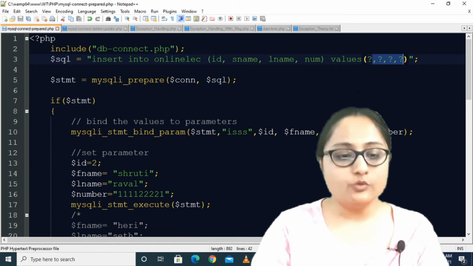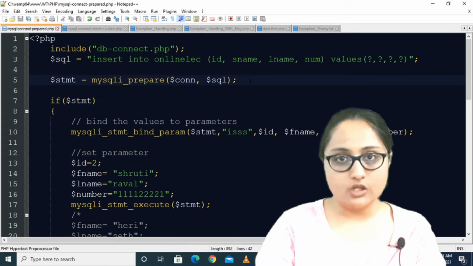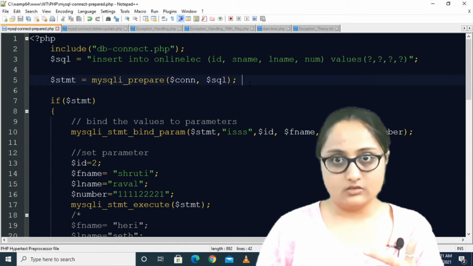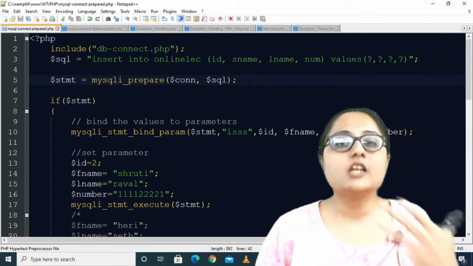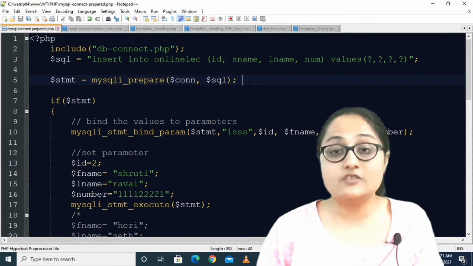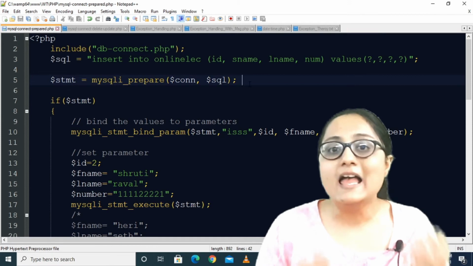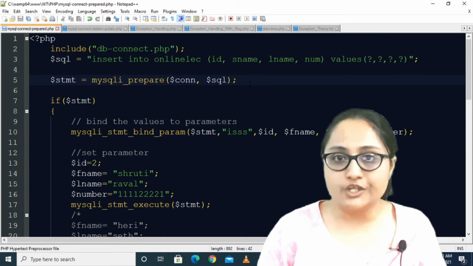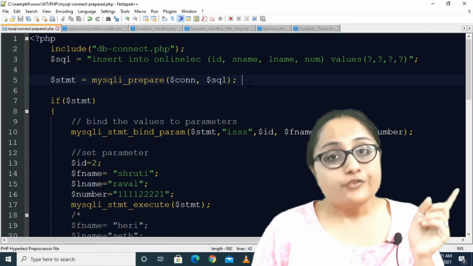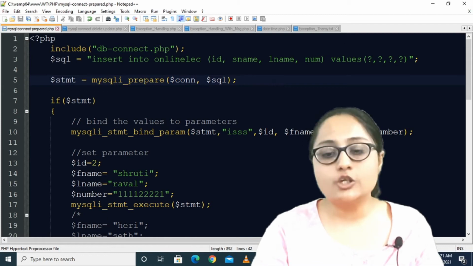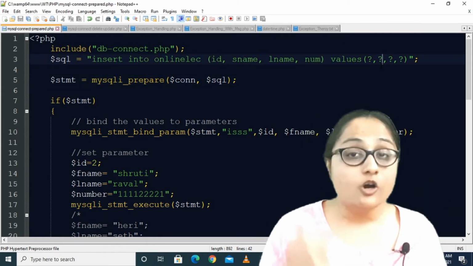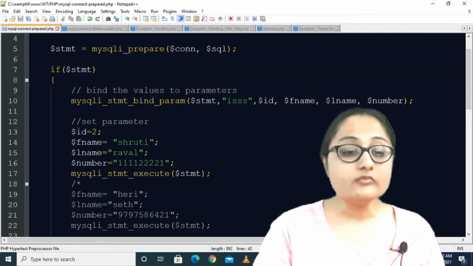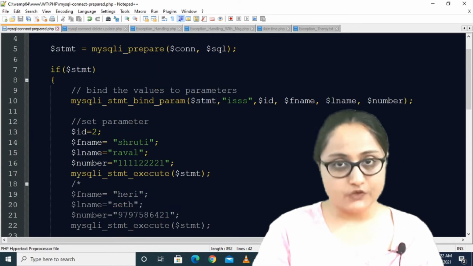If you just write this code and run it, the query will be compiled, but nothing will be reflected in the table because we have not executed it or inserted any values. For binding the question marks with values and executing, we should call another function.